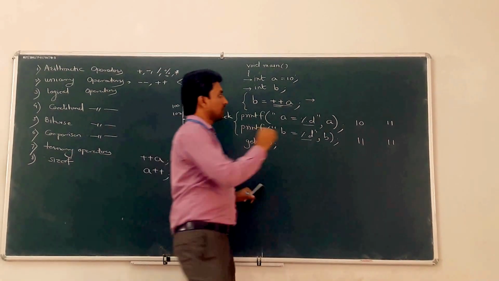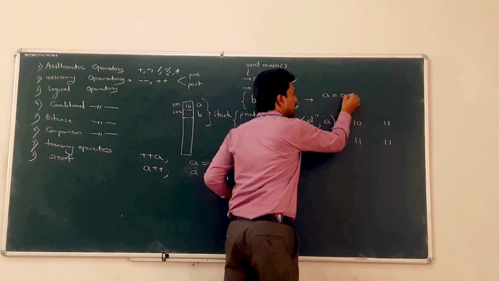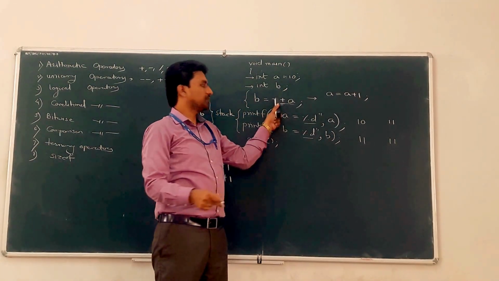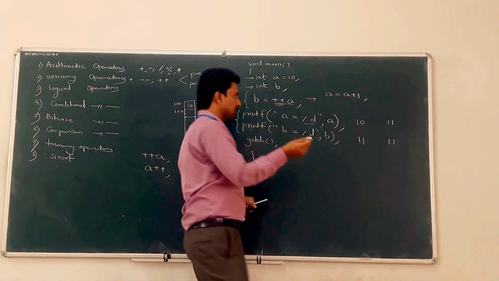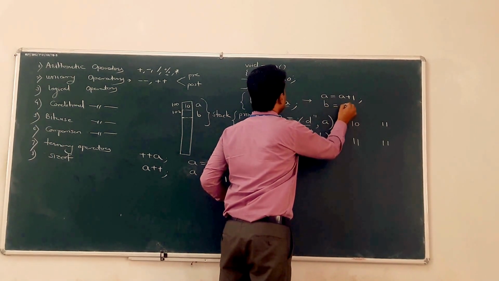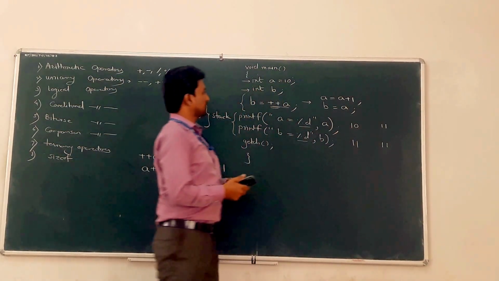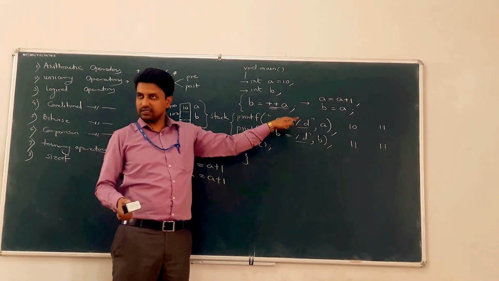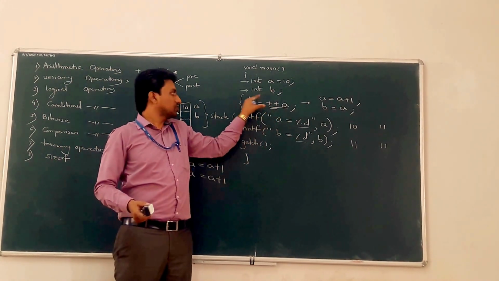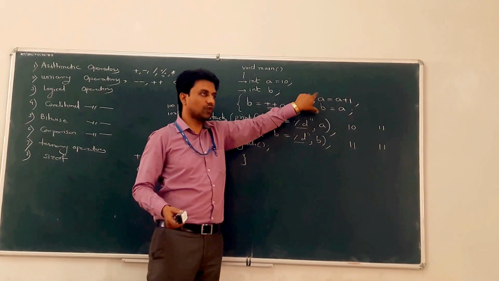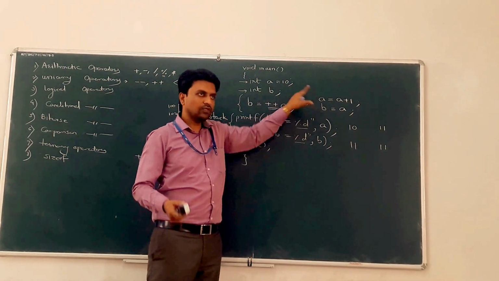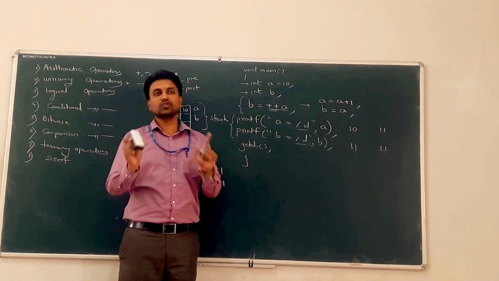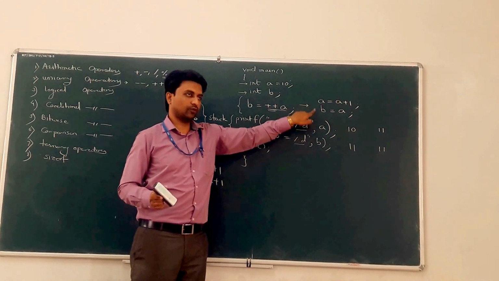Pre-increment. So whatever may be the value, a is equal to a plus 1. This statement is added first because it is the pre-increment operator, and then b is equal to a. What is the statement? The statement is b is equal to plus plus a. Okay, so the preprocessor expands it into these 2 lines. Now it is simplified. The compiler understands, and your answer is also correct if you know this point.